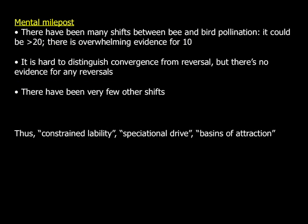This leads me to the conclusion that there's some kind of constrained lability. It's labile in the sense that the genus is making lots of species. And it's also labile in the sense that hummingbird pollination is an option that's open to it, and it evolves over and over again. It's very easy. But it's constrained in the sense that it never turns around and goes backwards, and it doesn't go to other things. This is sometimes also called speciational drive, or we've called it basins of attraction, where there are two different options, and one is higher than the other, and one is more